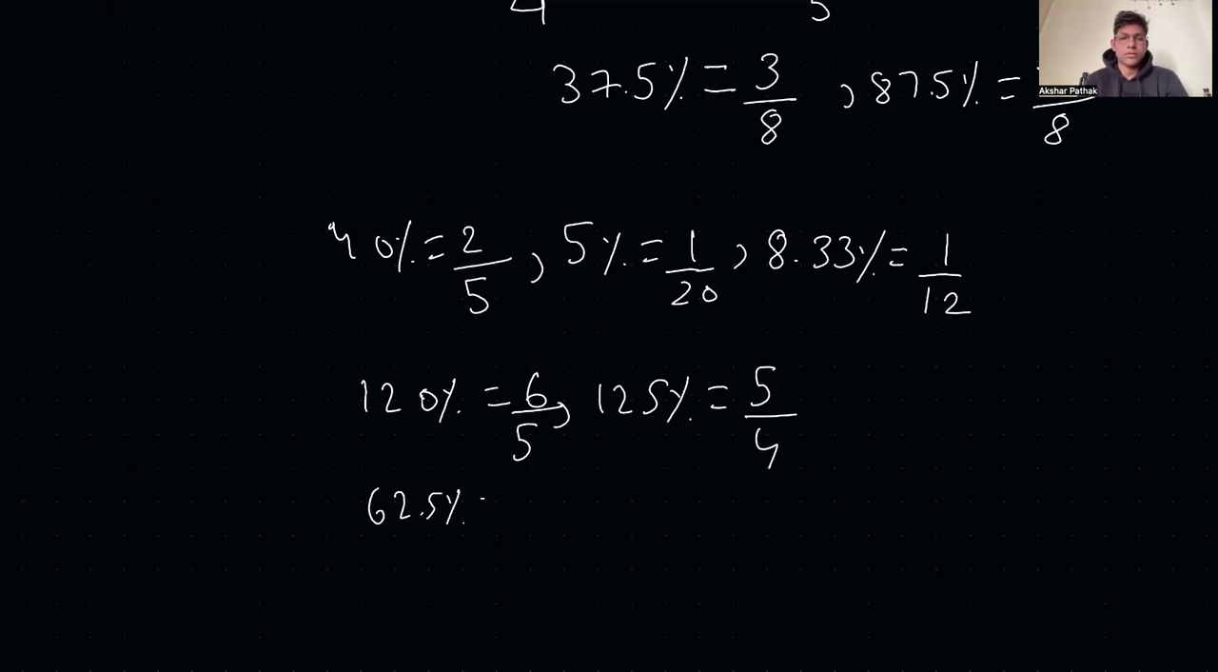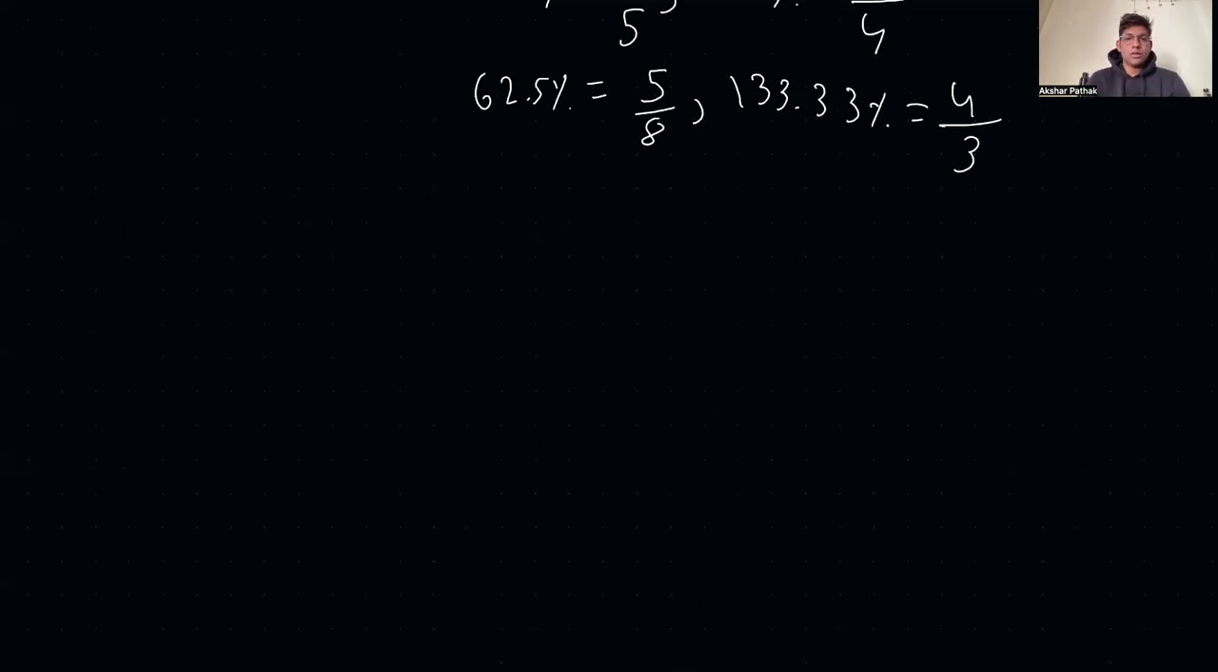62.5%, you can write it as 5 by 8. See, it's making the question so simple. Instead of doing 625 by 1000, because 62.5 by 100 is 62.5%, you will just write 5 by 8. So it's helping. You can write it as 4 by 3. Now